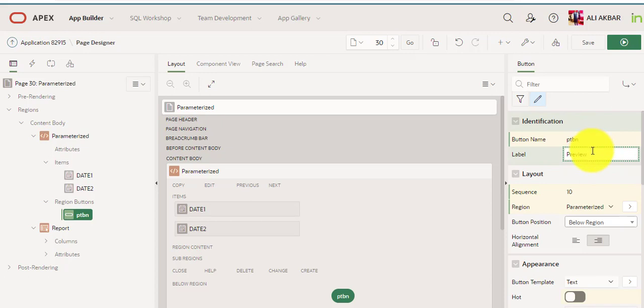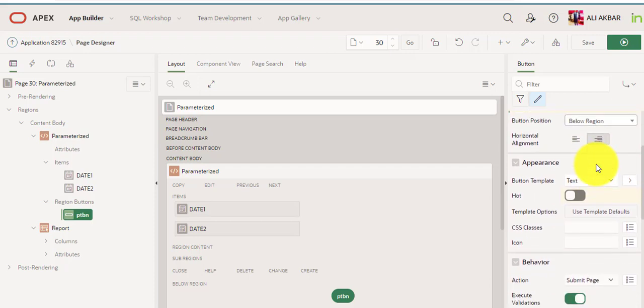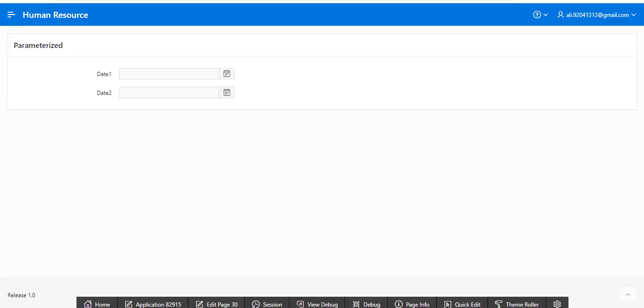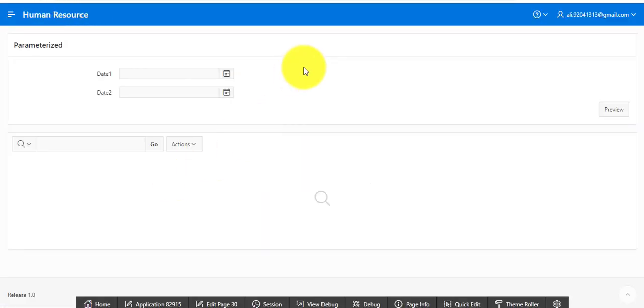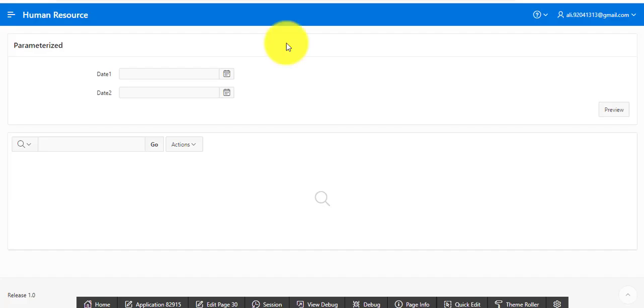This label shows on the button. When you refresh this page, you can see more of the difference. This is the parameterized region. This is the second region. You can see this is the preview button showing.